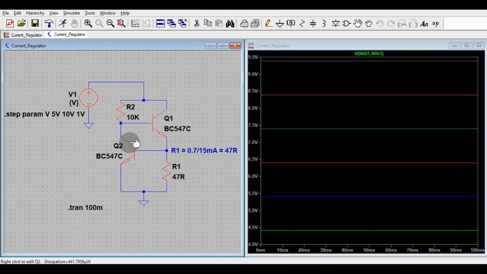And this transistor operates only when you are trying to draw more current than 15 milliampere. This transistor gets turned on, and some current starts flowing through this transistor. Let me show you the current flowing through this transistor. Just click this window.